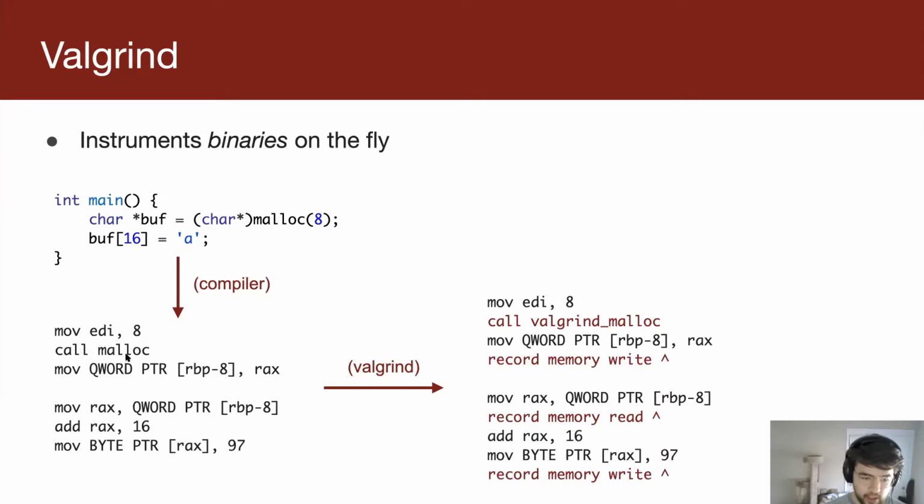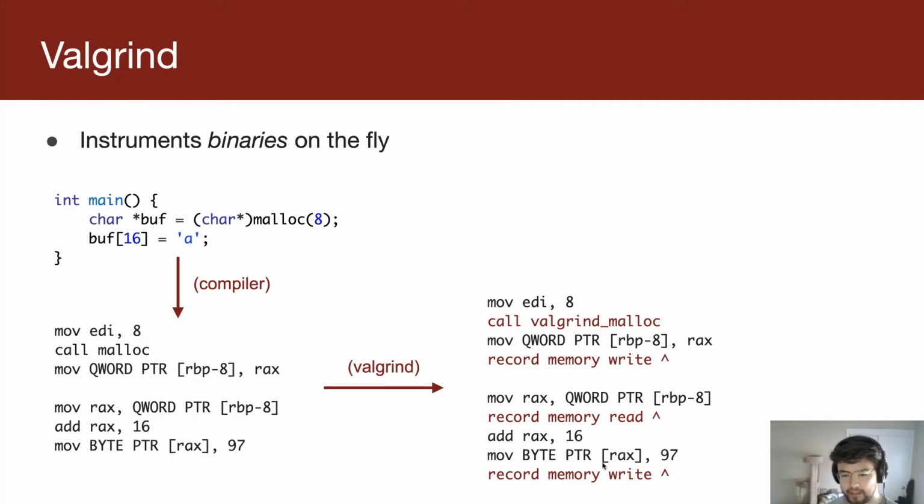So it will replace this call to malloc. We have a call to malloc here, which gets compiled into a call to malloc with argument 8. It actually replaces this call with a call to its own version of malloc so that it can observe all of the allocations that you make. It can tell if you pass a bad argument here, and it'll keep track of every time you allocate heap memory, so it knows where all your heap allocations are. And it will also insert additional assembly instructions every time that you have a load or a store. Every time you write or read memory, it will keep track of those memory accesses.